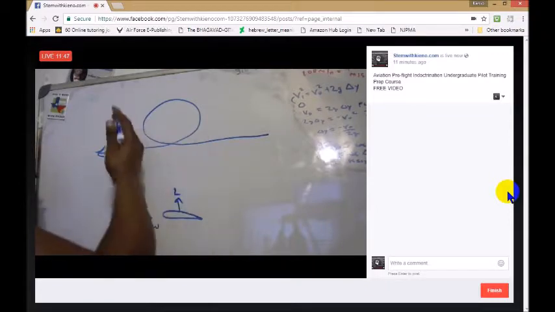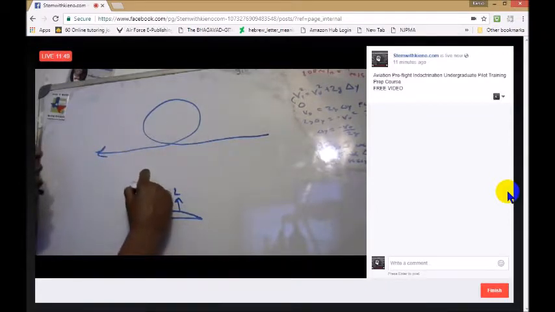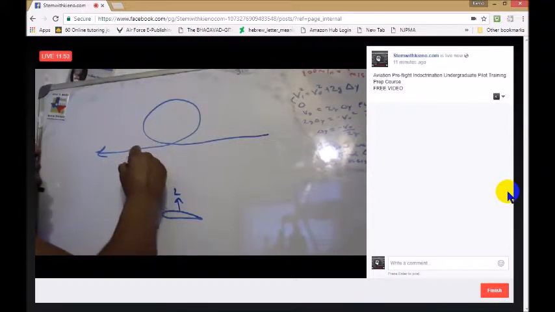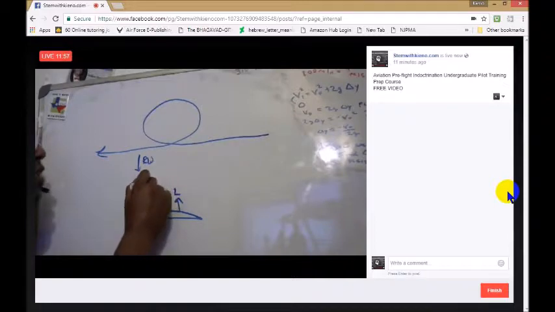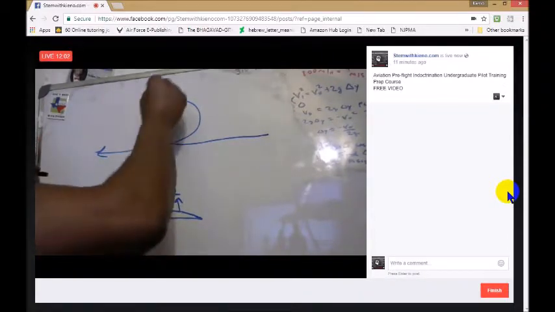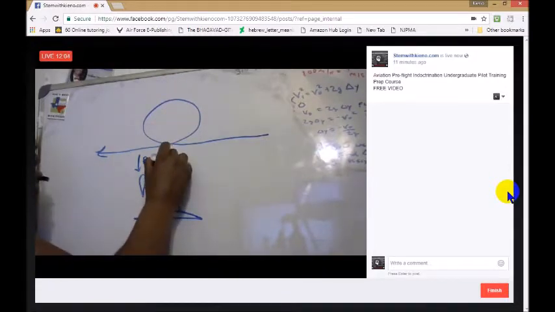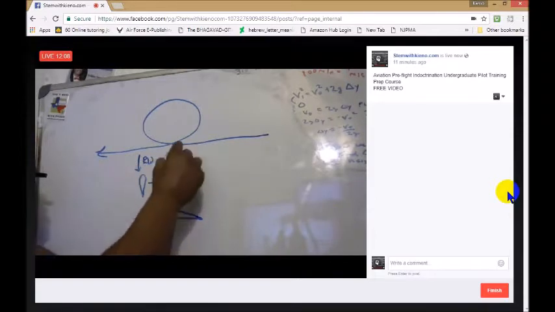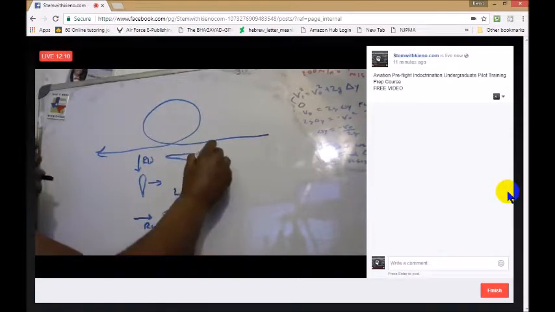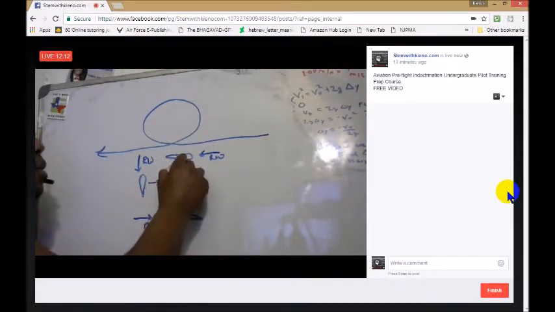So as we go into the top of the loop, now the airfoil is going to look something like this, and the relative wind is going to be coming in this way, and the lift is actually going to be produced this way. As we get into the top of the loop, the airplane will be upside down, and it will look like this. Relative wind, lift will be produced in this